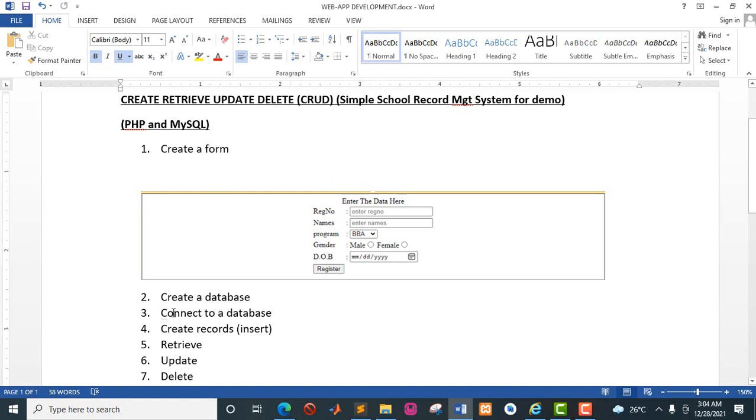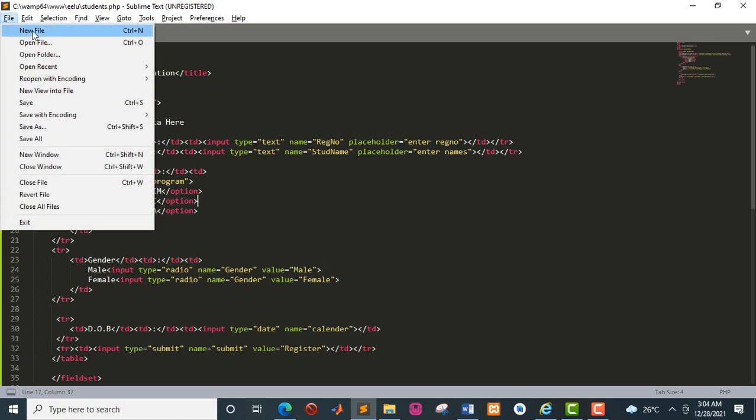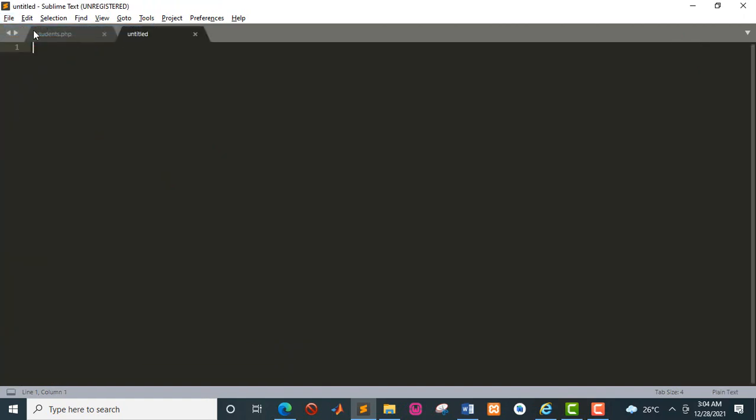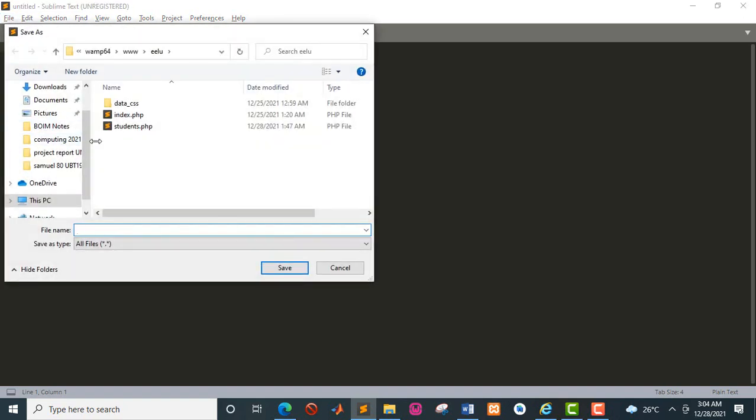So how do we do it? We shall create a PHP file to be able to do that. So you go to File, then New, then we save it in the same folder where we had created the previous PHP files. So we save it as connect.php